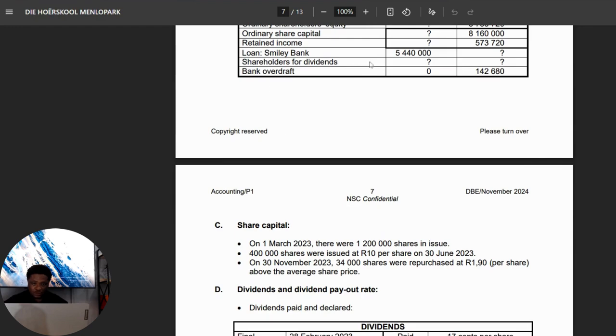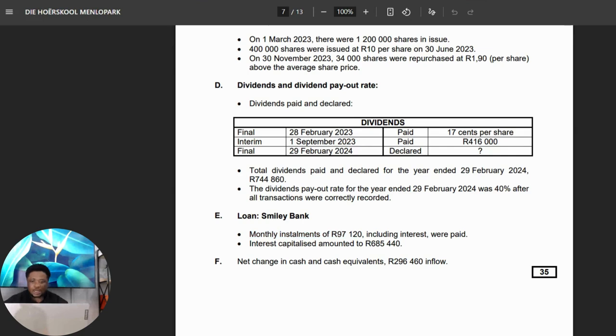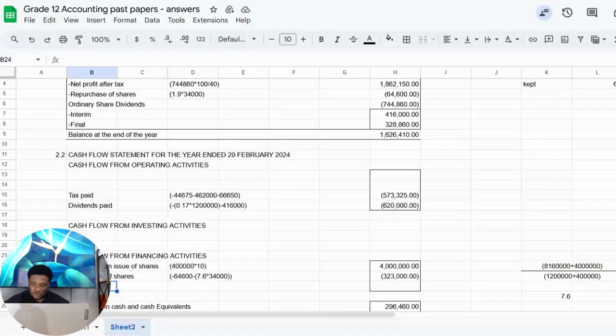As you can see here, we're given the loan at the end of the year, but we're not given it at the beginning of the year. But we have information here. It says loan Smiley Bank. So we have monthly repayments of 97,120, and they include interest, and the interest capitalized is 685,440. So here, what we want is basically the amount paid towards the loan. There's a payment of loan here, but we want to take out the amount that was capitalized as interest. So we're going to have loan